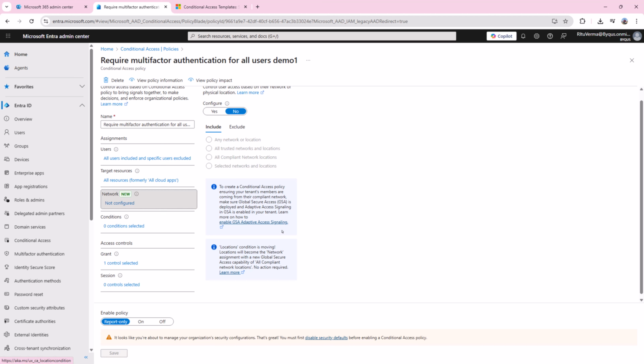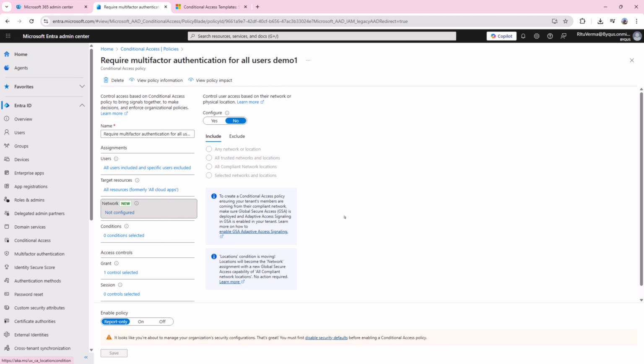Network, this is a new addition. If you configure it, leave it configured as no. For now at least, we do not want any of the users to be restricted based on the network they are using.